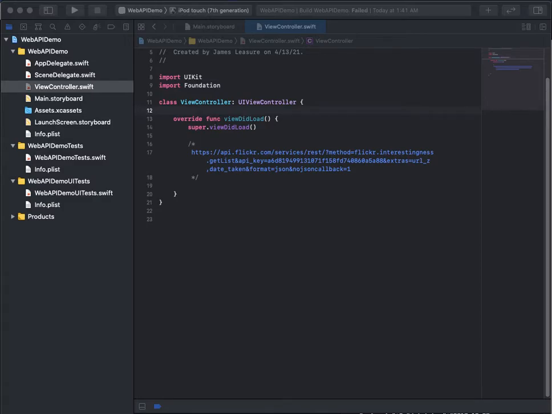Hey everybody, so in this lesson we're going to go over using web services. I know originally we had planned to go over collection views, but in talking to some local companies a few weeks ago, we heard that web services is a big deal. It's how all the companies are sending data back and forth to the app. So we decided to add this